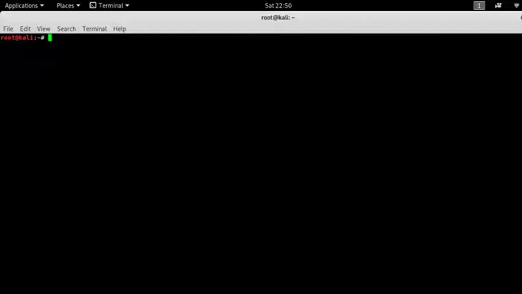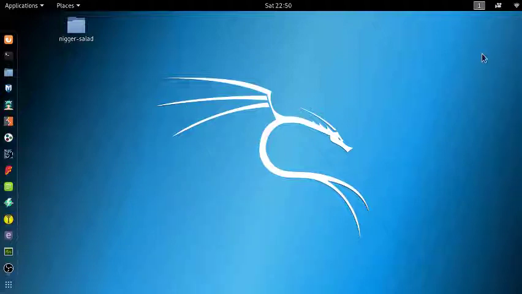So this is your terminal. You don't have to install Kali Linux to have a terminal, obviously. In my other video I was using a terminal in my Windows operating system, but this is an actual different operating system. After you install Kali Linux, you should already know how a terminal works, but just in case you don't,